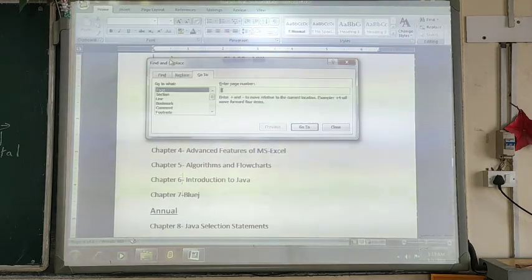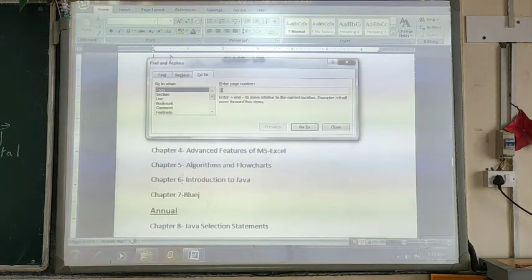So it is very useful when you are working with a very big document. Suppose your document contains more than 100 pages, and you want to move to page number 98.